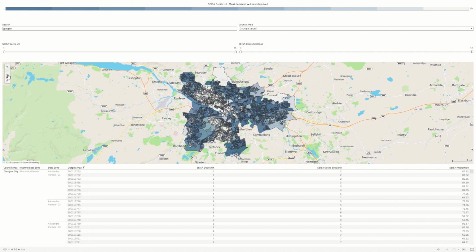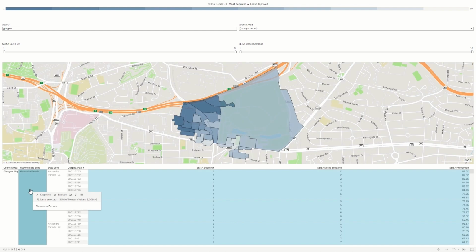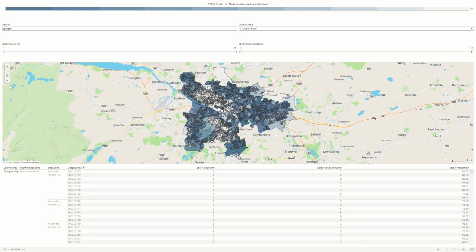If you have used the table of data underneath the maps to filter or restrict the maps, please click on the geography for a second time to remove the filter or restriction. For example, if you select an intermediate zone to filter or restrict the maps, please select that same intermediate zone for a second time to remove the filter. Once again, please click the Zoom Home button after to ensure the maps are properly reset.